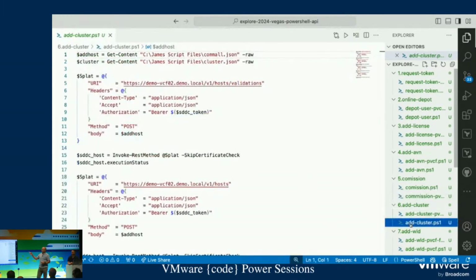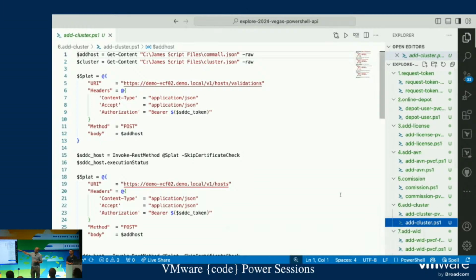And again, that's what we were talking about with the splat format. You've got the first part of the URI, and then you can just replace the part that needs replacing at the end. Instead of having a long line that you'd have to scroll along to potentially find it, you can just go to the URI, change the URI, and you're ready to go. So in here, again, we're referencing